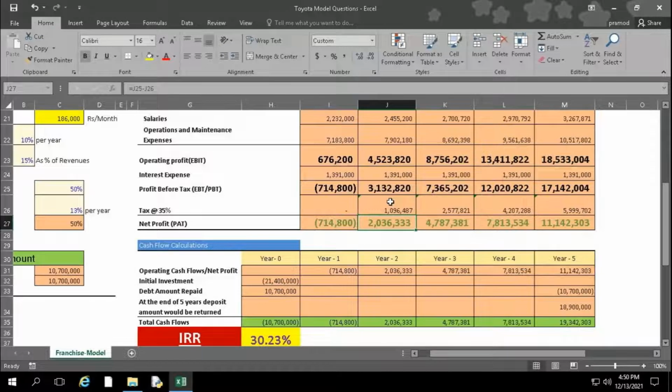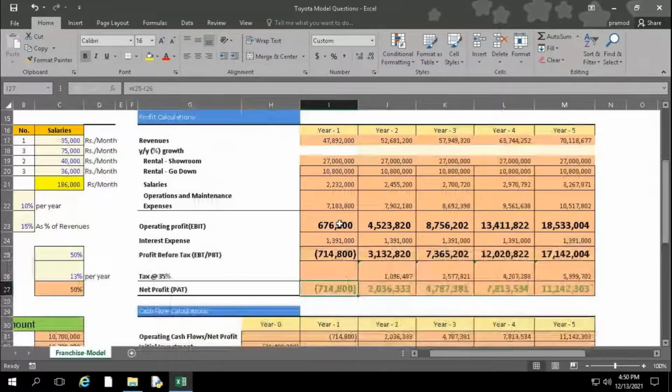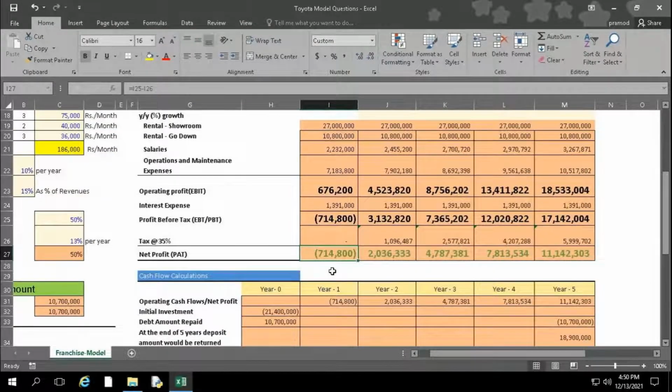Means here, first you will get the column, sir. In year one, the first year, it is minus. Yes, sir, minus. But then for calculating tax, if you are calculating for a negative, what percentage, what tax will you pay? So nothing, sir. You will get nothing. You write it as zero manually. Okay, sir.